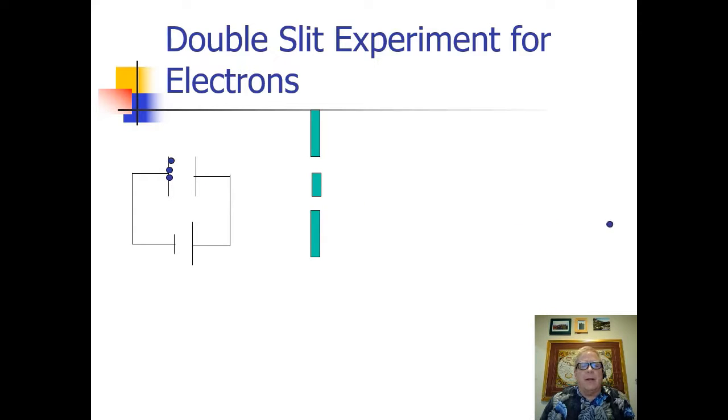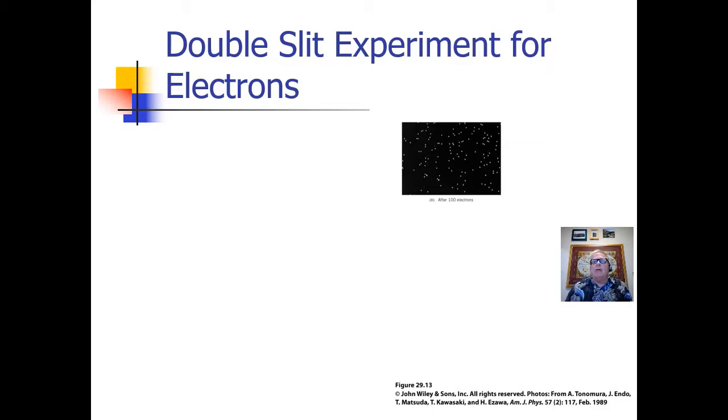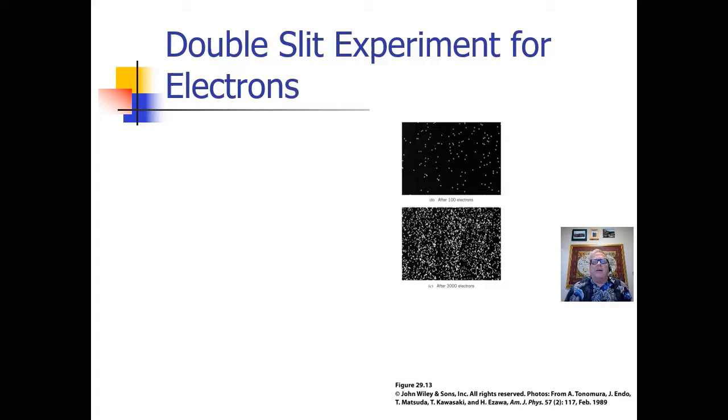Here you see a setup where I have two slits represented by the openings there, the gaps, and then I have some electrons which are being accelerated by a potential difference, and they are going through the slits. And they get something over here which doesn't look like much of a pattern. Let's see what it would look like when we did a lot more electrons going through. Here is what the pattern would look like after 100 electrons. And then after 3,000 electrons have gone through and recorded their presence on the photographic plate,